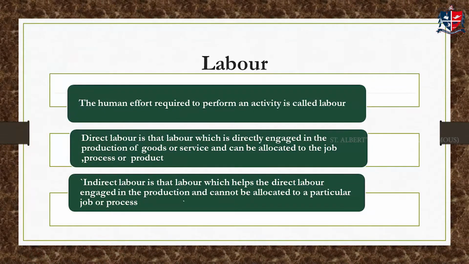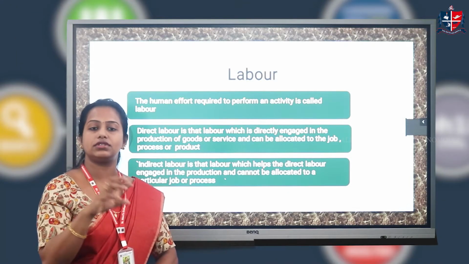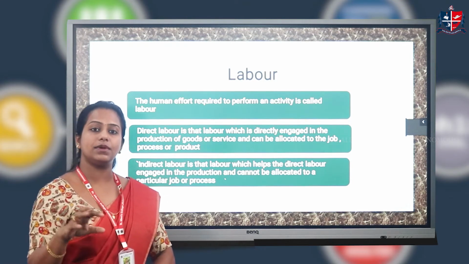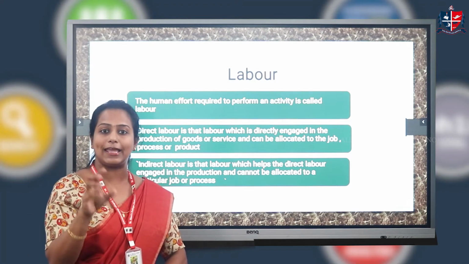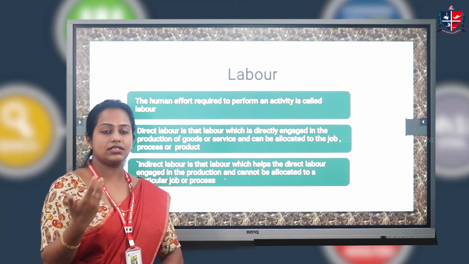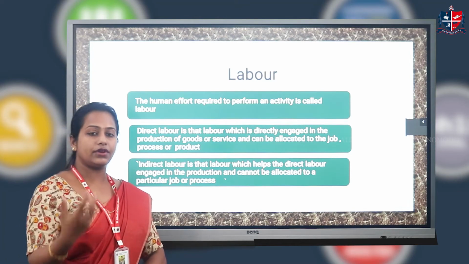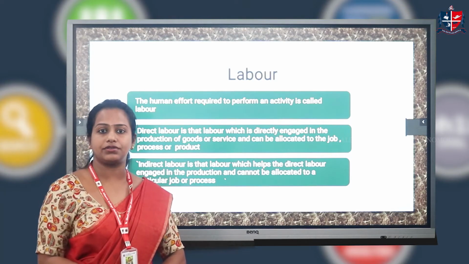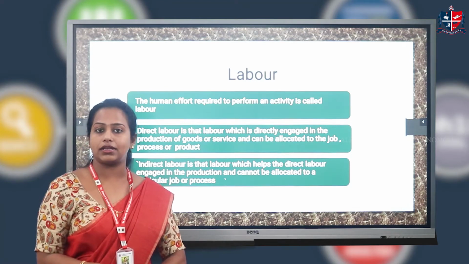Next, we have indirect labor. Indirect labors are those who are not directly related to that particular work, and we cannot conveniently allocate those labors to particular production purposes. We cannot allocate that particular labor's work to a particular product. Such labors are called indirect labors. For example, we have the watchman in a factory. If we take an example of a factory, the watchman or the storekeeper are indirect labors,